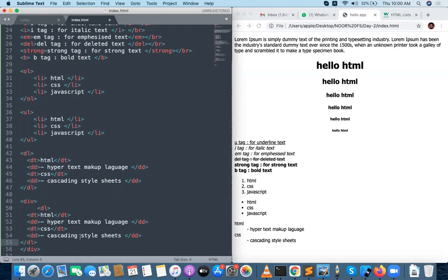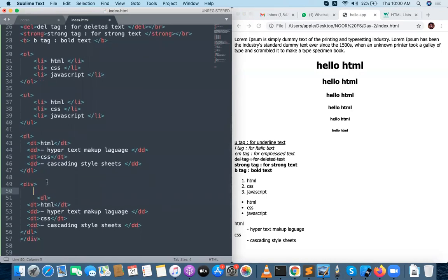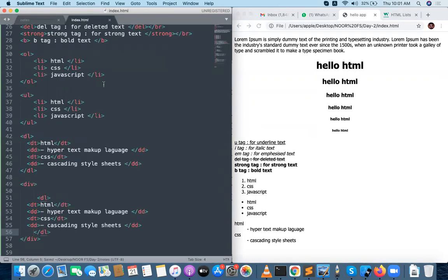Div is a division or container tag. Let me go with the div tag.